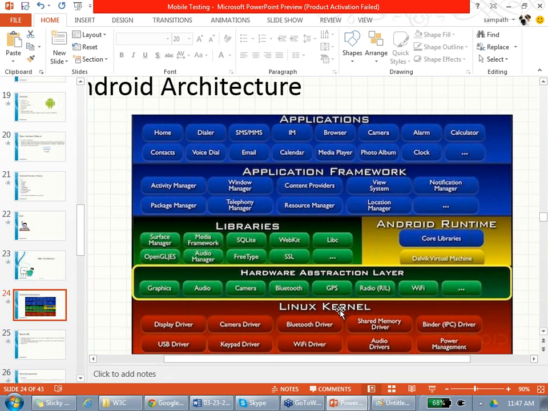Agree? And then there is the hardware abstraction layer. There are APIs for each hardware, for example graphics and audio. You need this abstraction because the kernel can't give you the driver directly to your Java program. This is kernel, operating system code. No one will give you that. They write an abstraction layer and give an interface, a base class or a small interface, to access it. Agree? This is the abstraction layer.